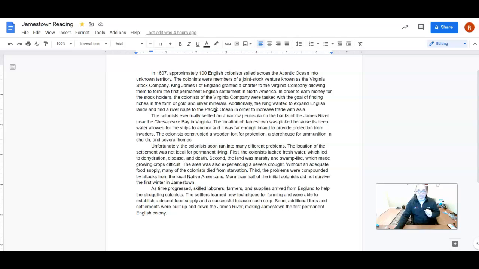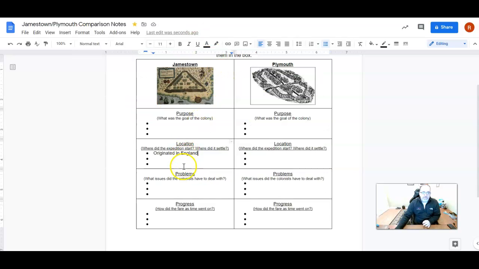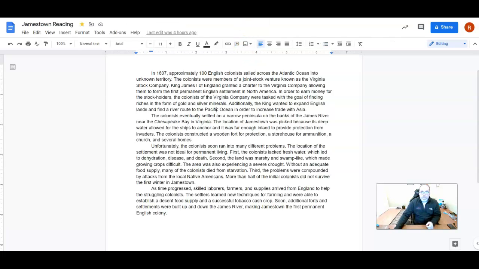Can anybody tell me something that belongs in one of these categories? Yes, absolutely. Okay, so colonists of the Virginia Company were tasked with finding riches. So let's go to our graphic organizer. Purpose: tasked with finding gold and silver. What else? Do we have anything else for one of our categories? Let's go back. Yes,